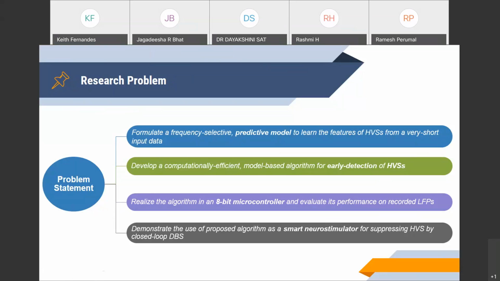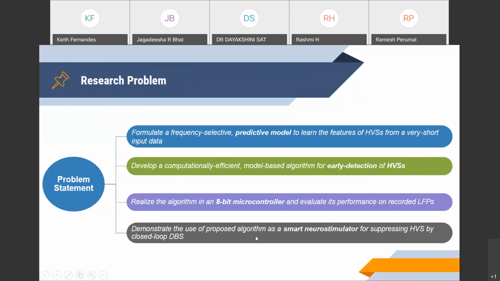They have more memory constraints or hardware limitations, and we need to develop a computationally efficient model-based algorithm. Using this model, we need to develop an algorithm for early detection of high voltage spindles. And finally, there is the algorithm in an 8-bit microcontroller. We all know the limitations of an 8-bit microcontroller, so that is why it has to be computationally efficient. At the same time, it needs to detect the early onset of high voltage spindles and evaluate the performance on